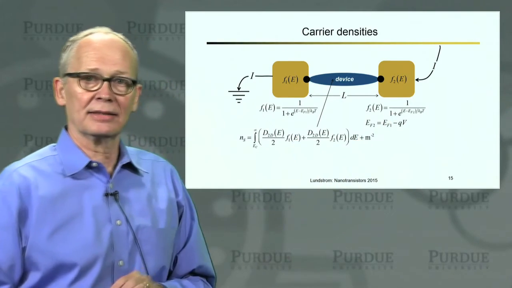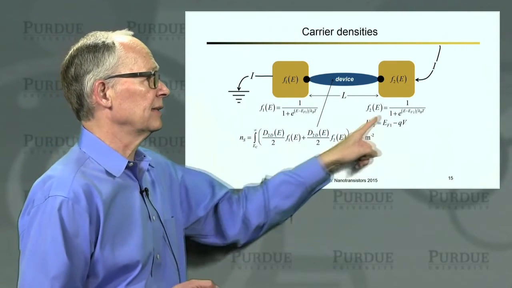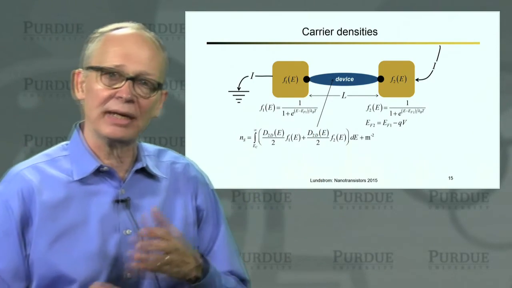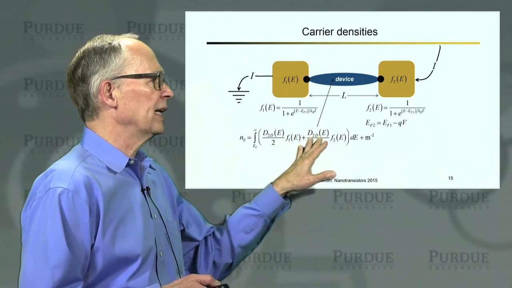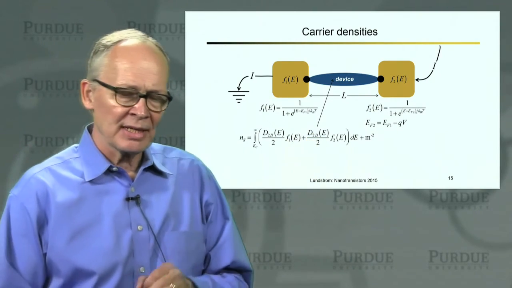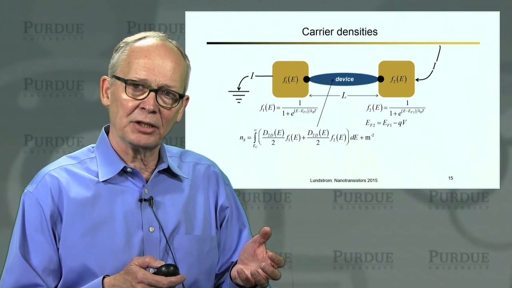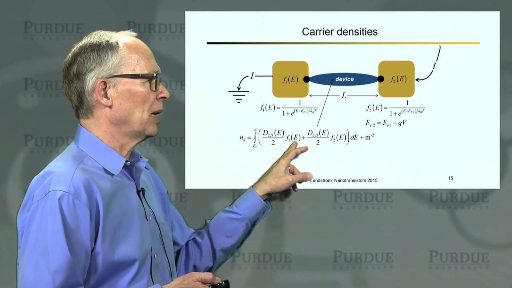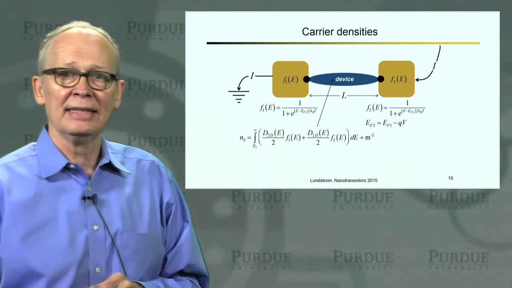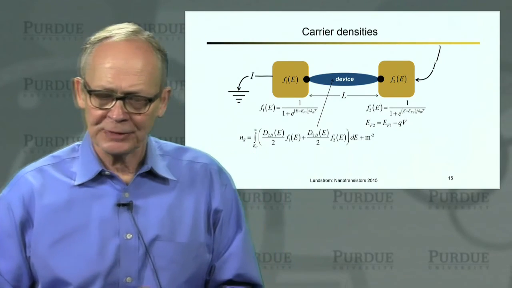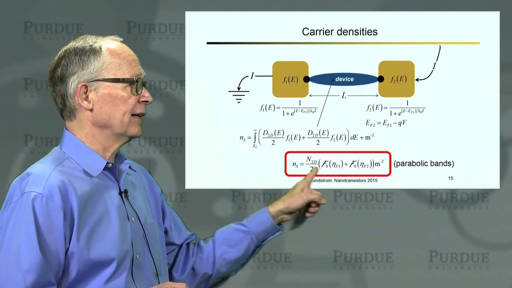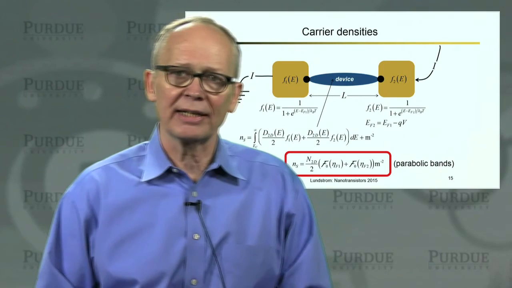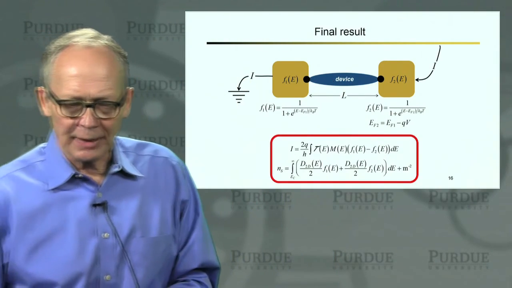Now, we have another contact. It may have a different voltage applied to it. It has a different Fermi level. It has a different probability of occupying states. Half the states can also be occupied by contact 2. So we can generalize our equilibrium expression. Now we have some of the states being occupied by contact 1, some of the states being occupied by contact 2. The probability of being occupied by those two contacts is given by the Fermi functions of the two contacts. So that's a way to generalize it. We could do that integral, and we could express the results in terms of effective densities of states and Fermi-Dirac integrals of order 0. Okay, so we've succeeded.